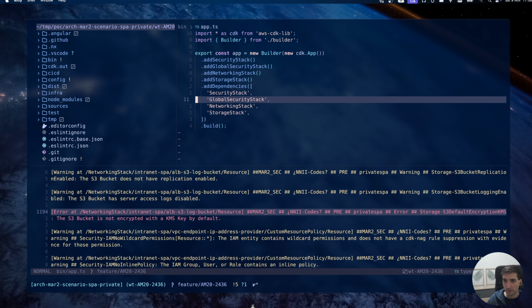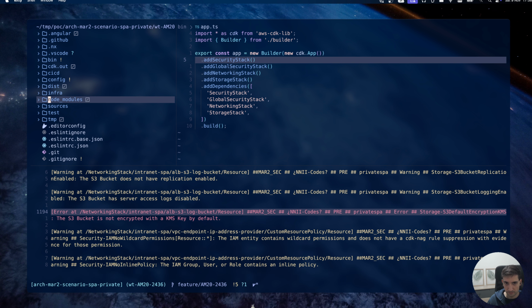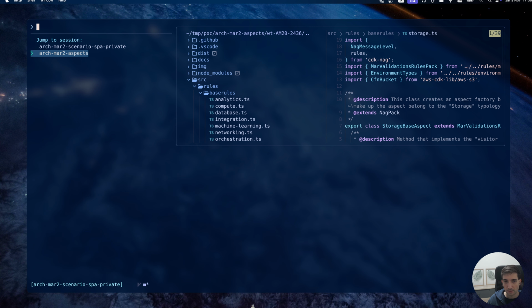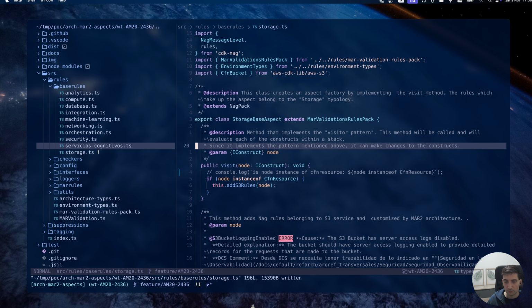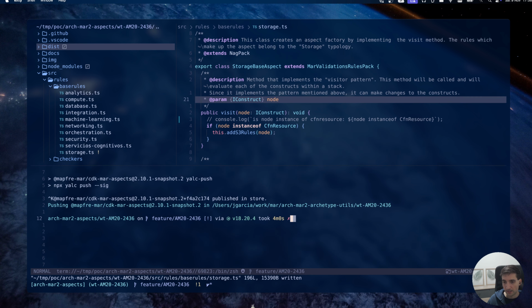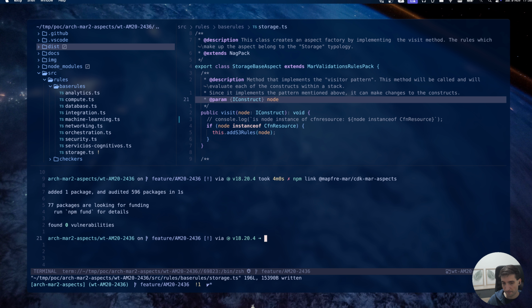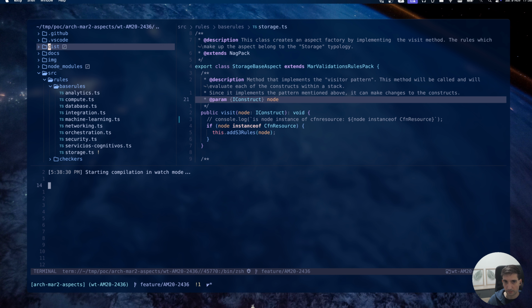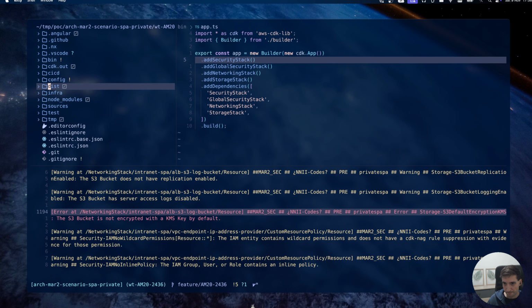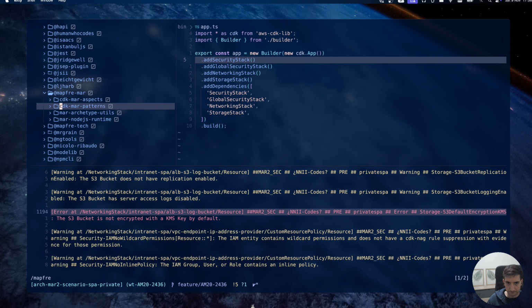So we want to link the aspect library and start debugging. So we move to the library and then we run npm link. And also we are going to run npm run watch so the changes are propagated. All right. So now we are going to, again, if we refresh, then here we can see,